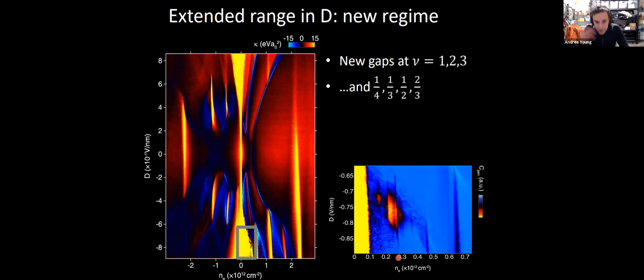So let me just show you a few more things in the zoo that you get here before I move on to a different type of heterostructure. In particular, if you now look at this same Moiré structure over a much larger range of displacement fields, you can find regions where you actually have gap states, not only at integer fillings of the Moiré, but at a variety of fractional fillings, including a quarter of an electron per unit cell, a third of an electron per unit cell, a half an electron per unit cell, two-thirds of an electron, and so on.